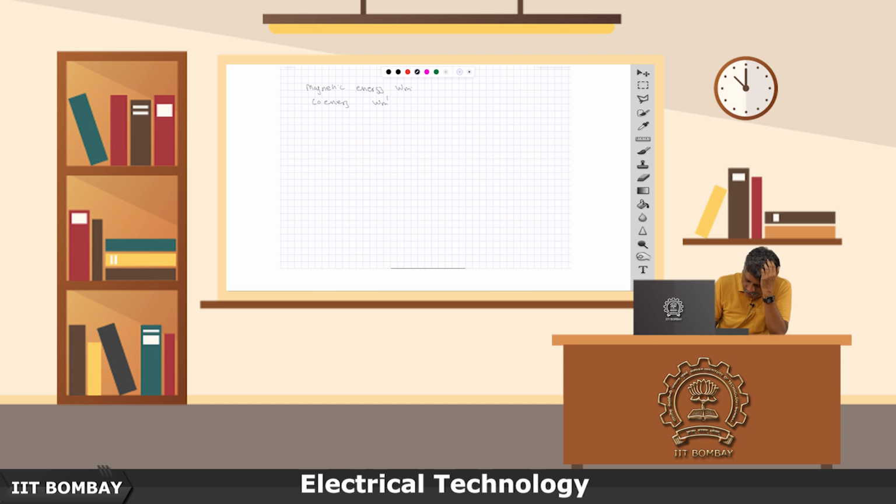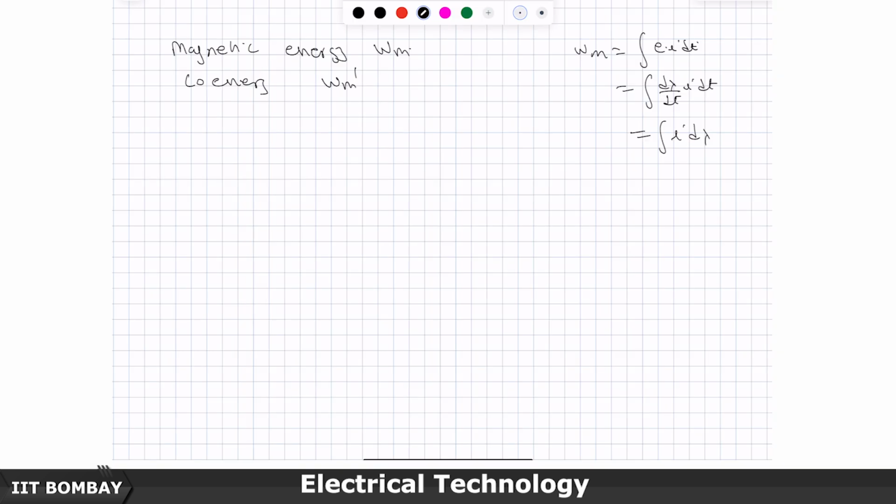Wm was defined as the integral of EI dt, but in a single coil system EI is d lambda by dt times I dt, or in other words it is I d lambda. So, in this system the state variable is lambda,